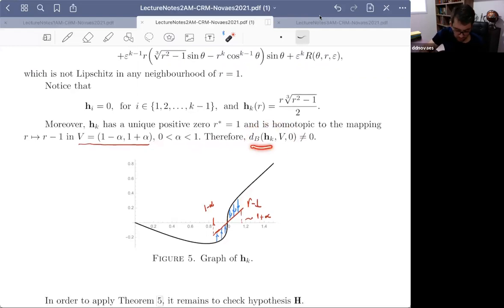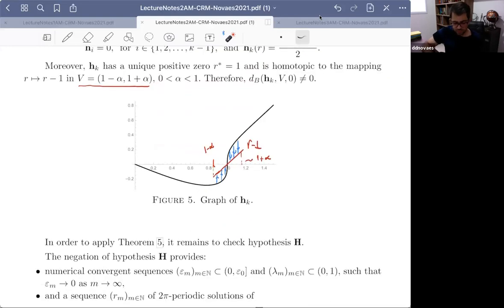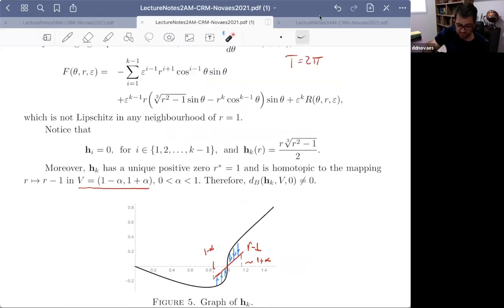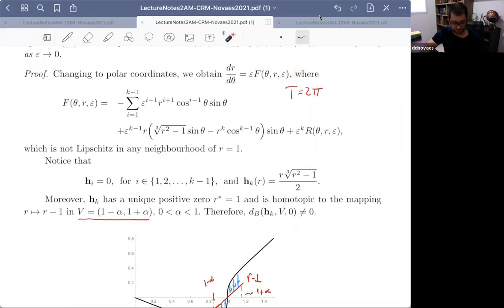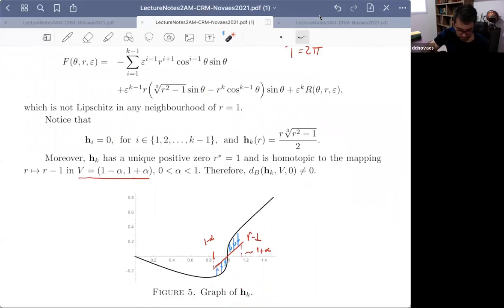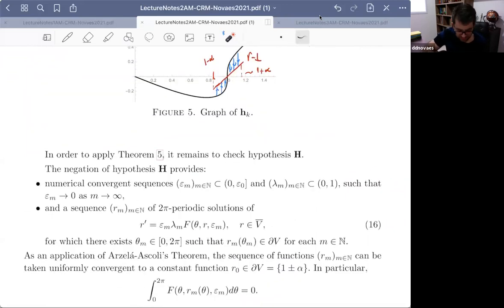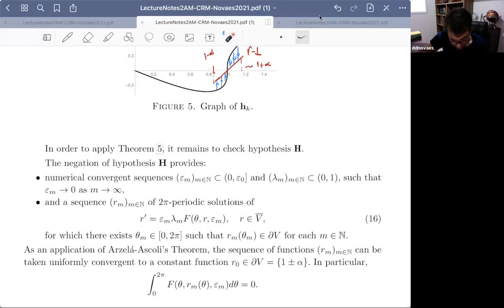Okay, so it only remains now to check hypothesis H for this differential system. In order to check this hypothesis, we assume that it does not hold. So we assume the negation of hypothesis H. And as I have commented in the last lecture, its negation provides the numerical convergent sequences epsilon m and lambda